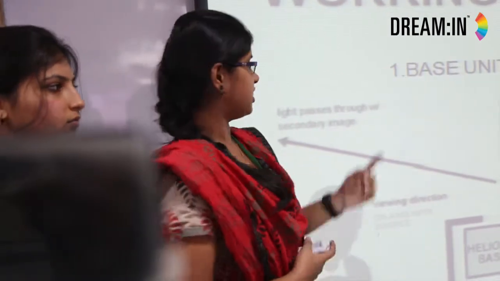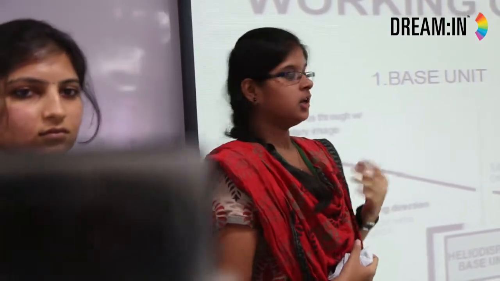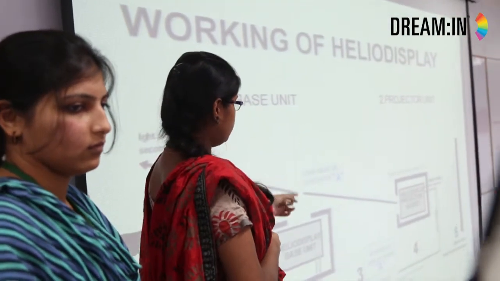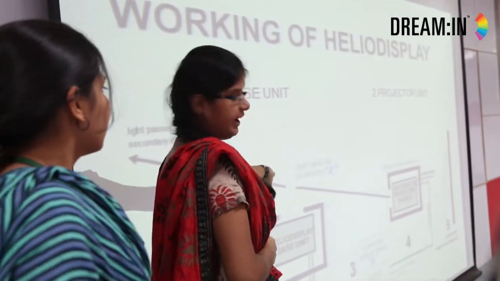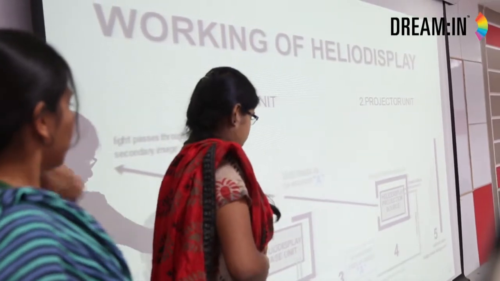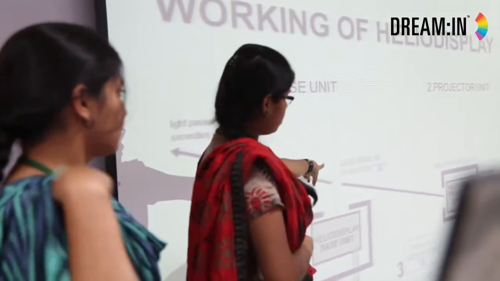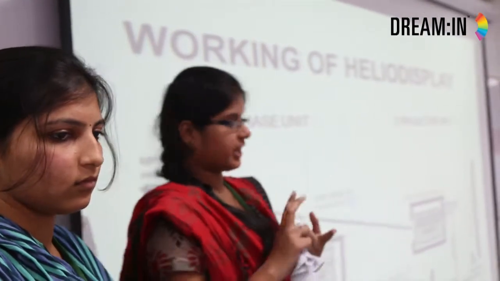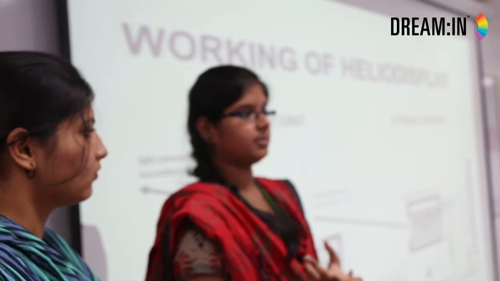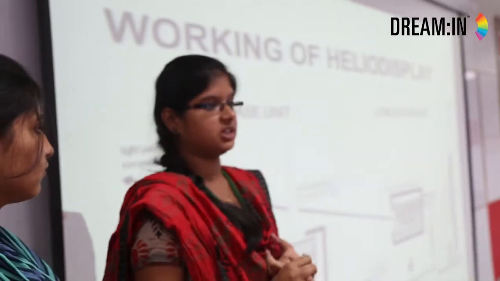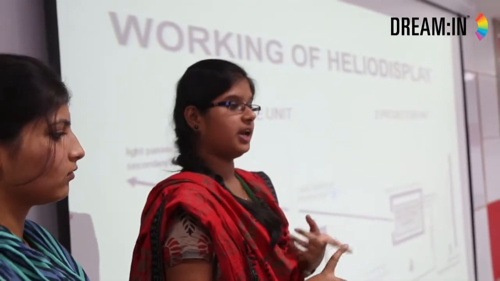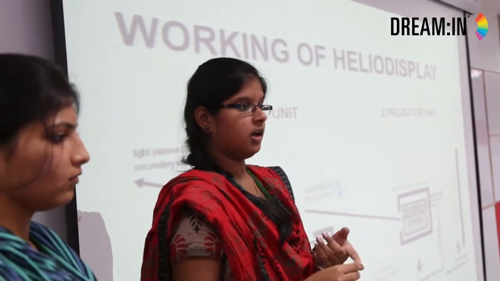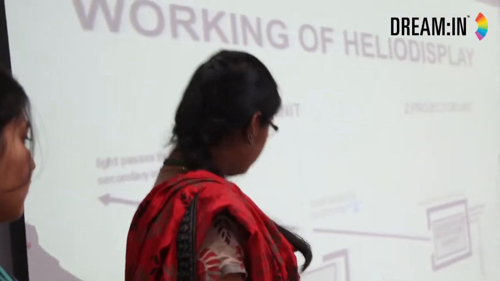The working of Helio display involves two units, a base unit and a projection unit. The system developed by IO2 Technology uses a projector unit to focus on the air. Here we have multiple layers of air ejecting from the base unit, which are used to project the images on this thin air. It can run for several hours, and it uses the particles present in the air. So here we do not require any background. It is created only by the base unit.